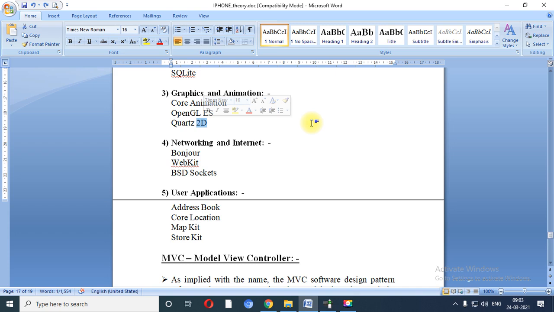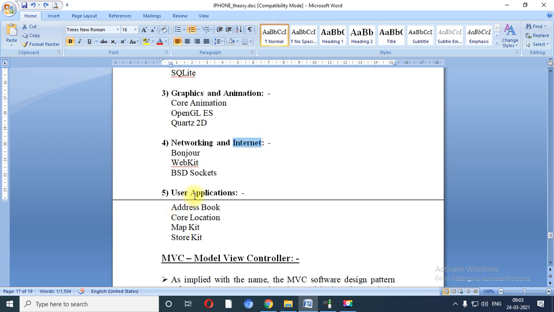Next is called internet and networking. That means if you want to develop such kind of application which requires an internet connection, which requires networking oriented programs, at that time you can use frameworks like Bonjour, WebKit, BSD Socket. So these three are the frameworks which are used for applications like networking and internet.